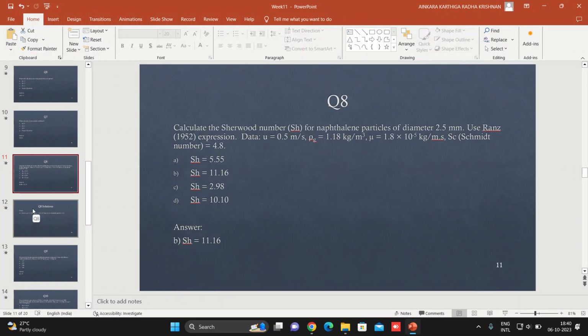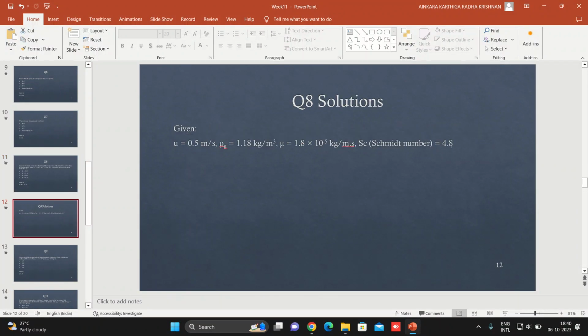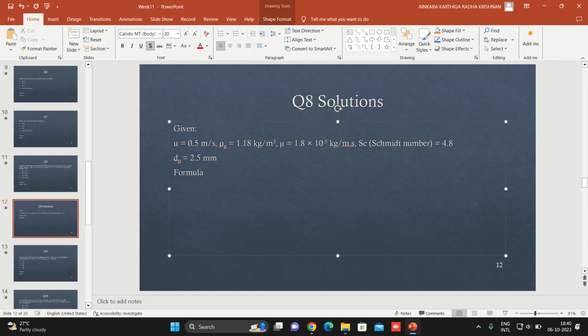Particle diameter dP is equal to 2.5 mm. Now we need to know which formula to use. We are asked to find the Sherwood number, and we are asked to use Rand's expression. So the formula actually is